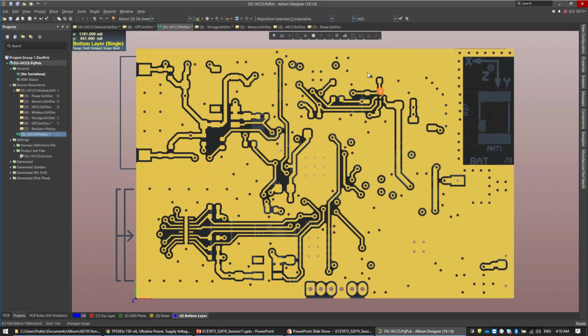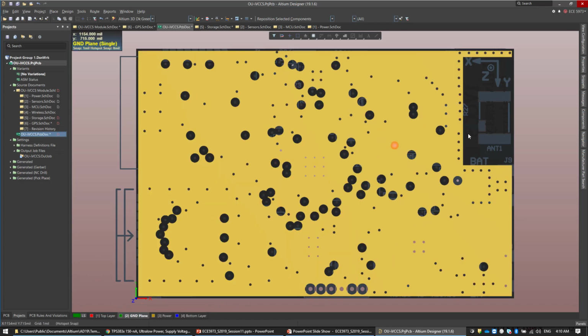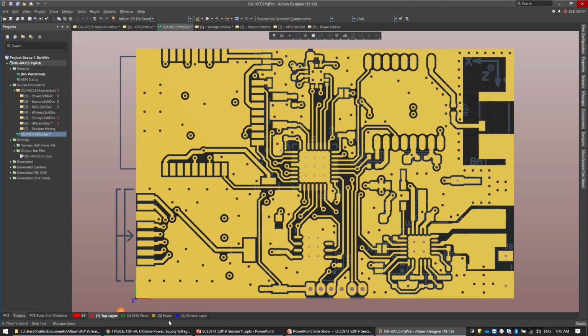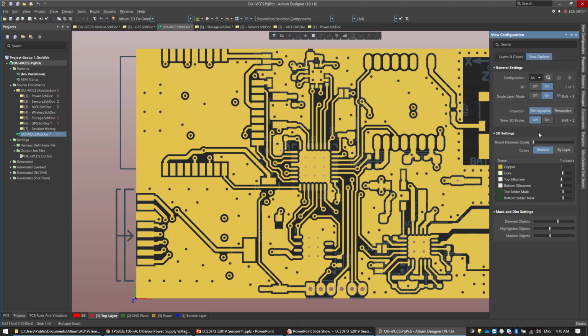So let's put it vertical. So this is the bottom layer, and this is the power layer. You can see how everything is connected. Ground is a solid copper layer, and here we have a keep out layer for the antenna. We need to make sure that there is no ground underneath the antenna, otherwise we will kill the signal. And we have the top layer. This is the single mode, and this is a very, very good